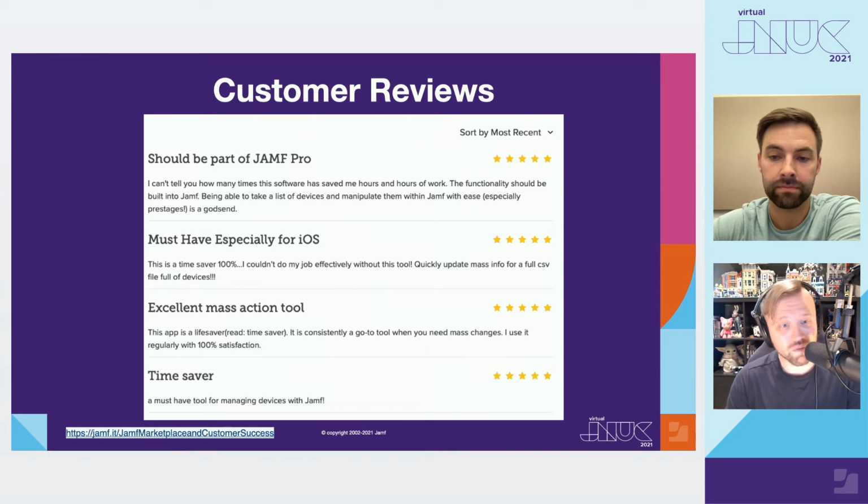I will admit that at the time of this, there were only 4 reviews for the MUT, but it's still a great sign as the review feature is pretty new. Overall, we can see that the single theme running through these reviews is that the Mass Update Tool saves the admin time, which we all know equals saving an organization money.